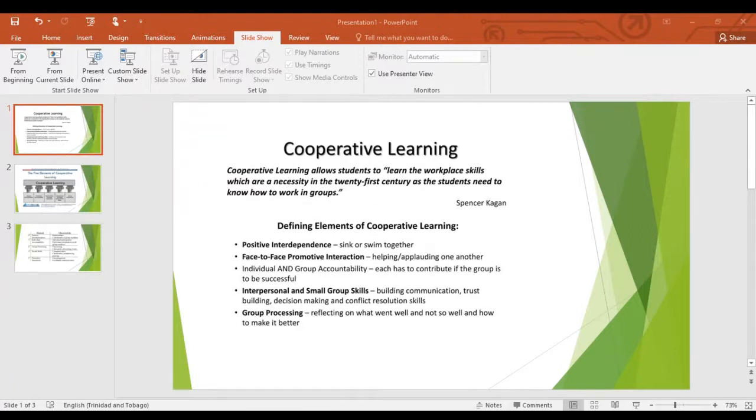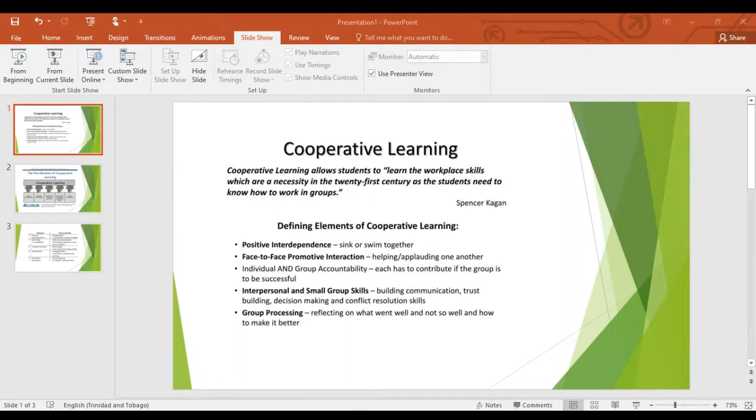Anyway, we did cooperative learning, and it is basically, from what we understand, a group way of learning, how to work in groups. There were 5 pillars that we found, and it is positive interdependence, where you have to work together. So you have the face-to-face interaction, and this is where you just basically pump each other on, right?